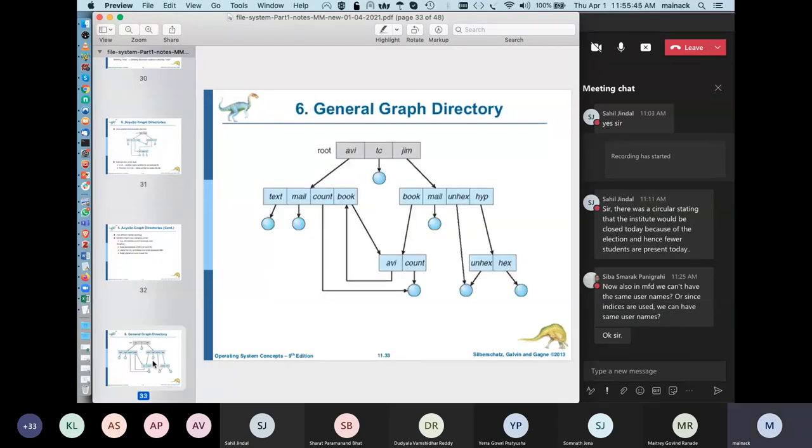So the primary advantage of an acyclic graph is the relative simplicity of the algorithms to traverse the graph and to determine when there are no more references to a file. And we want to avoid traversing sections of an acyclic graph twice, mainly for performance reasons. For example,